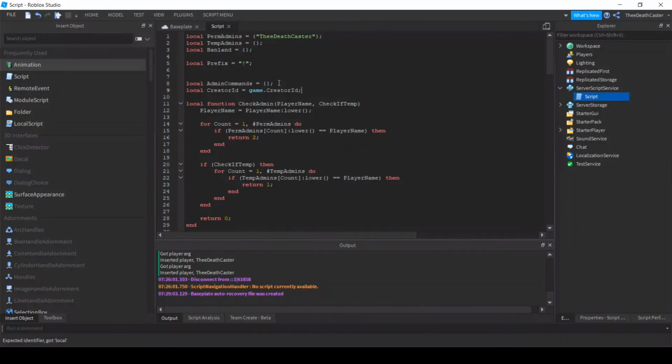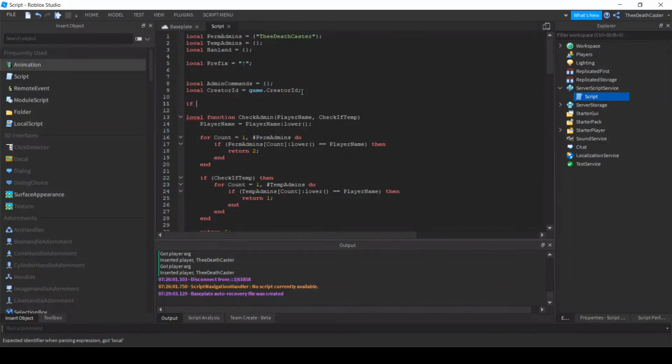But this is where you have to be careful, because if this is a group game, then this creator ID isn't going to get the group owner. It's going to actually get the group ID. So what you actually want to do here is if game.CreatorType is Enum.CreatorType.Group,